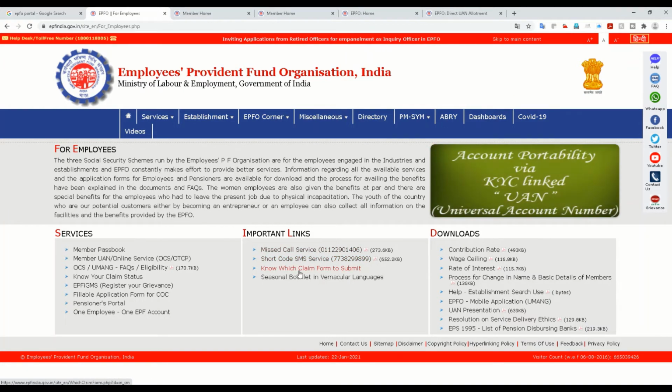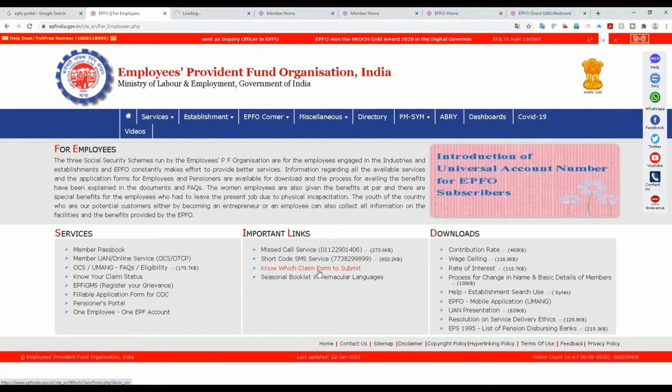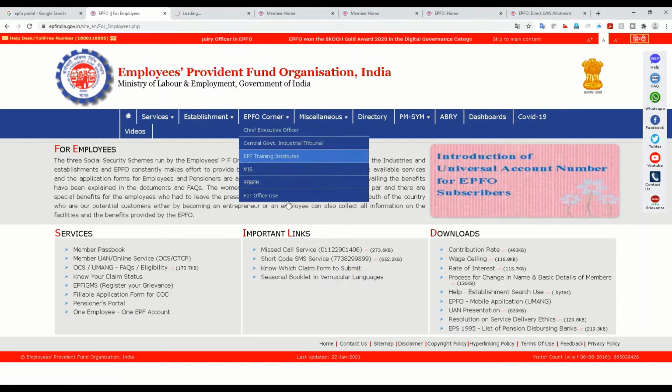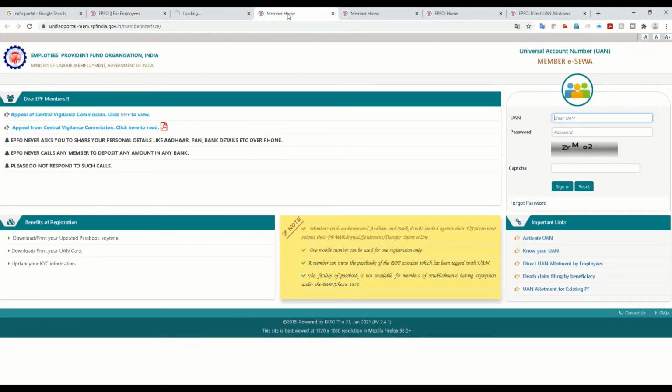And this is one of the important ones: know which claim form to submit. There are a lot of different claim forms to withdraw the accumulated PF amount, for different scenarios where you withdraw the amount. So I'll click here, and it will take me to the forms here. Different forms. Before that, we can check on the